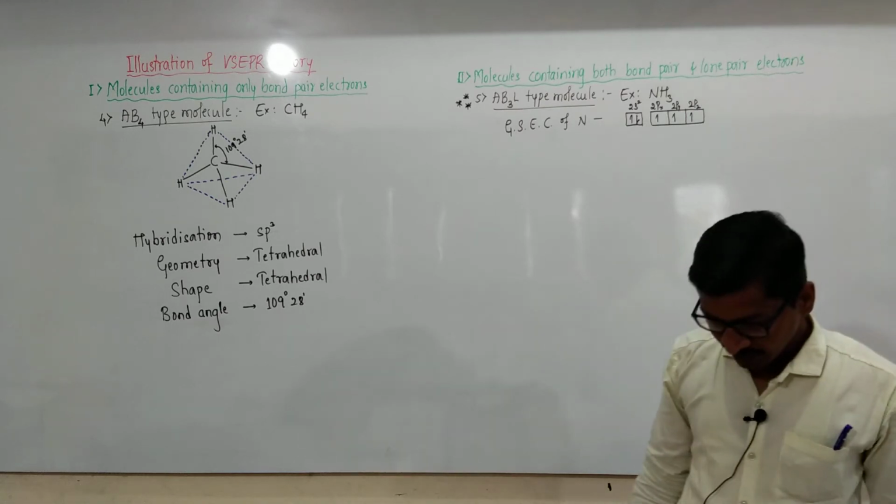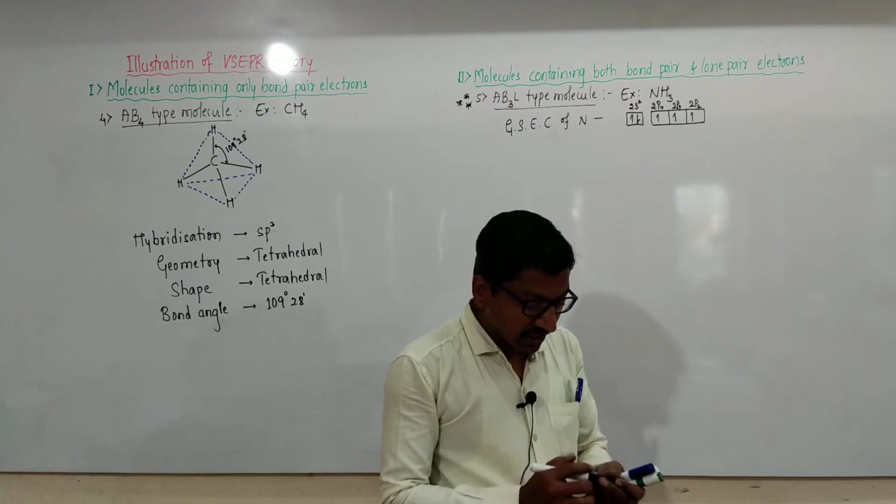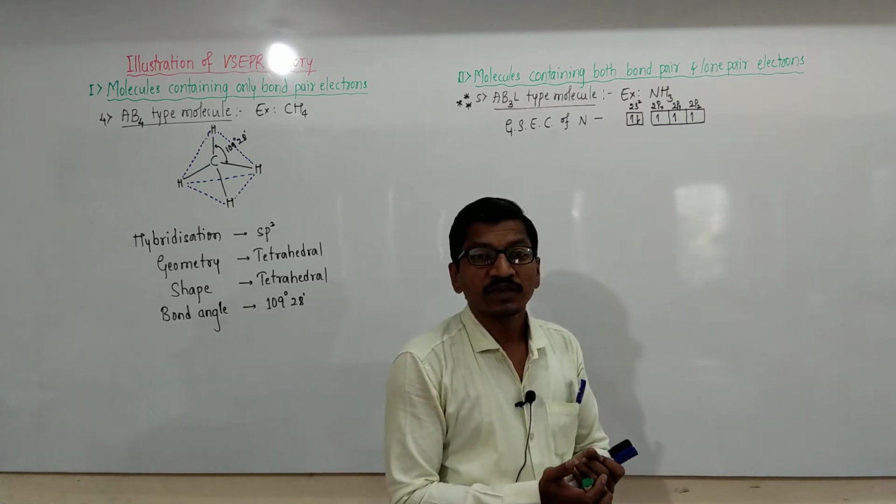This is the ground state electronic configuration of nitrogen, central nitrogen, and in its ground state it